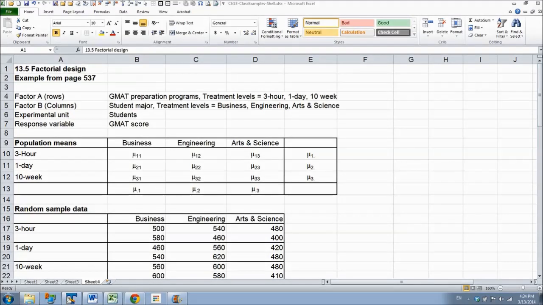In this video, we're going to look at the Excel portion of the example that we're working with, which is GMAT preparation programs and the college from which students graduated. So here we are setting it up slightly differently from the previous video. We have factor A, which is GMAT preparation programs, as rows, a 3-hour program, 1-day program, and 10-week program, and factor B, the college, as columns. So we have the means here, and here is the data,